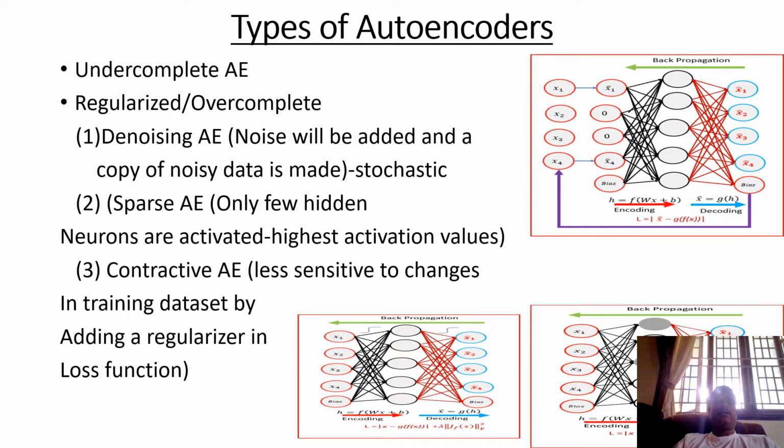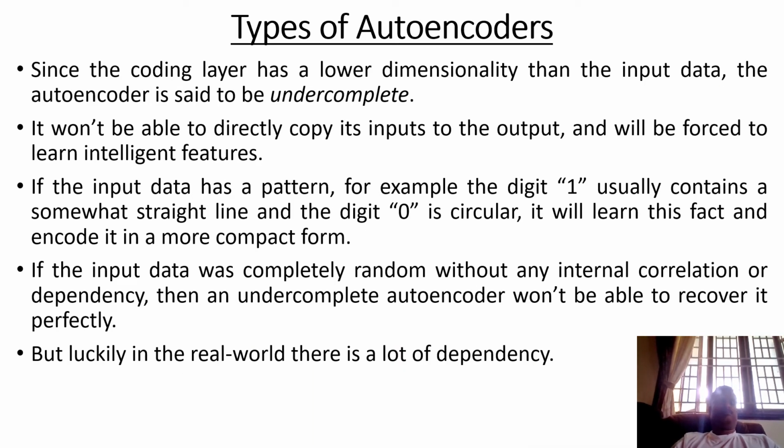We do this by adding a regularizer. You already know regularizer methods like L1, L2, dropout, or different types of regularization functions that can be included to make sure that we get the necessary output. So this is all about undercomplete, where you have a smaller number of neurons. It won't directly copy its input to the output. So don't think we are just going to have the same number of neurons so it can be copied. No, because it is passing through hidden layers where the number of neurons is less,